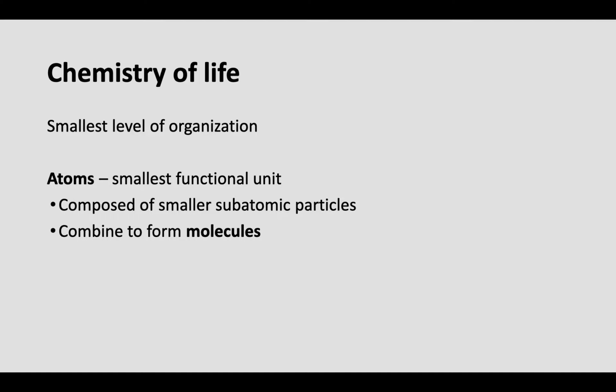Now if we combine atoms together, that's when we start getting molecules, and that's what is most common to see in biological organisms. So, the atomic structure. You all watched that video, so let's go over the atomic structure. Let's start in the middle. What do we call the middle of an atom? Nucleus, yes. And what is in the nucleus? Protons and neutrons.